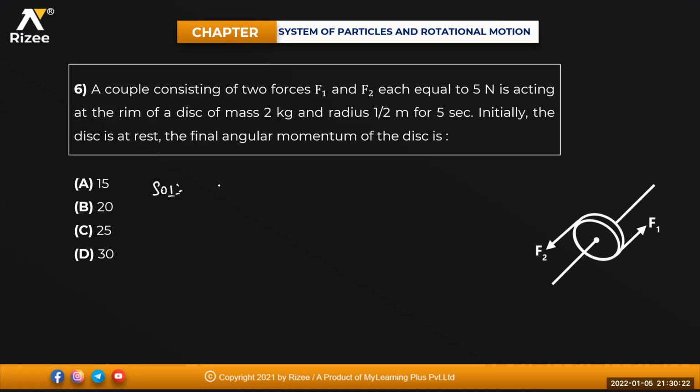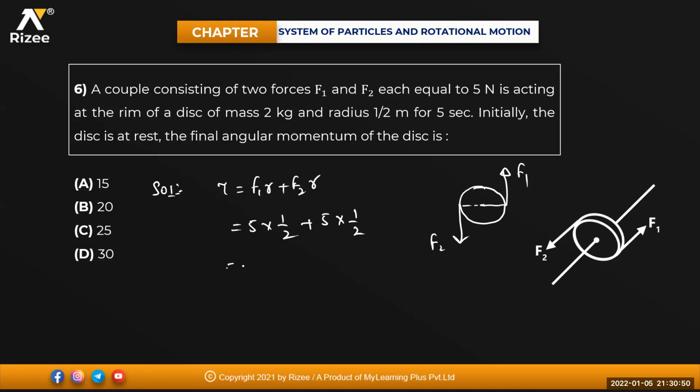So now what is the torque acting on the system? Can you tell me? Tau is equal to F1 into R plus F2 into R. See on this body, one force is in this direction, another force is in this direction. This is F1, this is F2, like closing and opening of a tap. So both of them are in opposite direction, so they'll add up. So first force is 5 into perpendicular distance 1 by 2 plus 5 into 1 by 2. So that will be equal to how much, beta? 5 only, 5 Newton meter, because 2.5 plus 2.5.